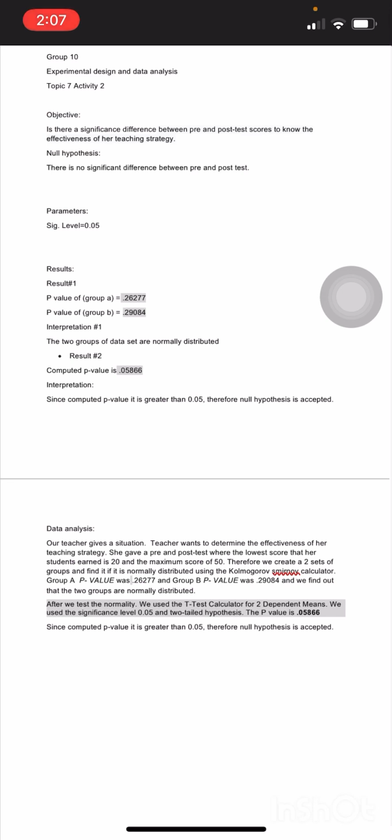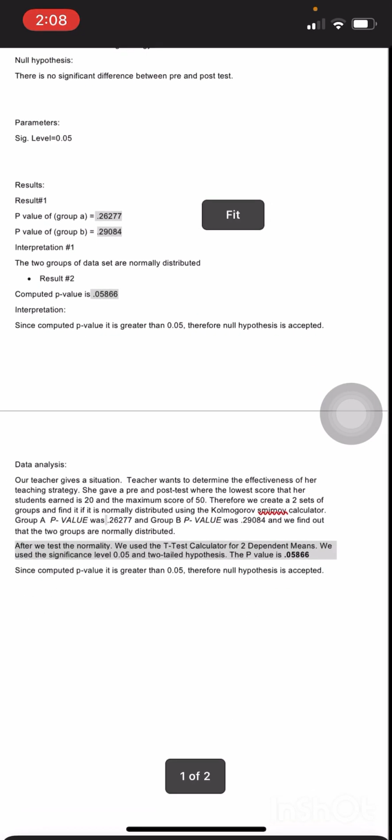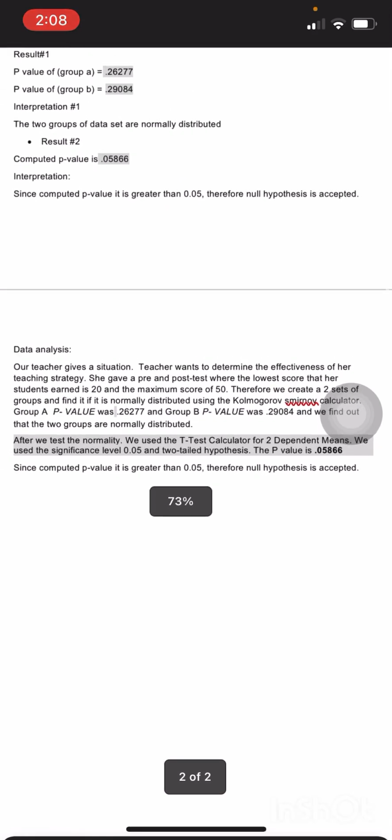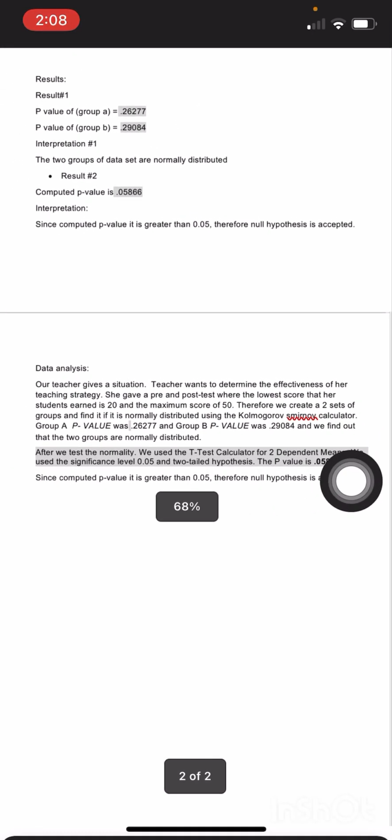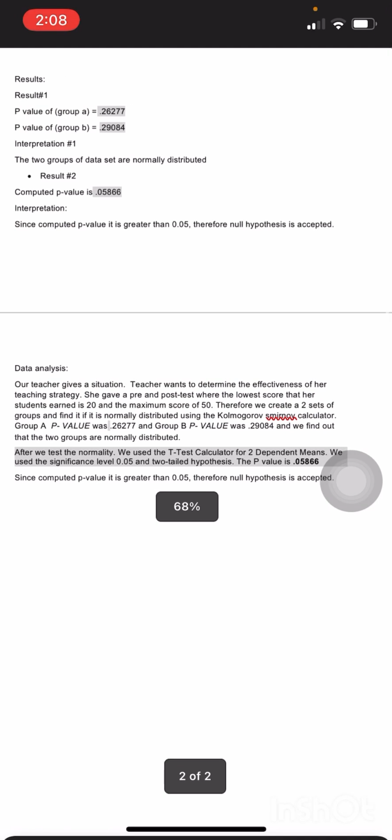The teacher wants to determine the effectiveness of her teaching strategy. She gave a pre and post test where the lowest score that her students earned is 20 and the maximum score is 50. Therefore, we create two sets of groups and find if they are normally distributed using the